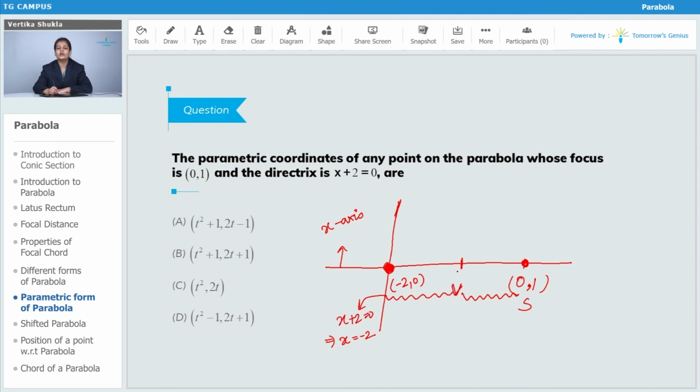How will you find out the coordinates of the midpoint? If I take the coordinates of vertex as h, k, then h will be given by what? h will be equal to minus 2 plus 0 by 2, which will be equal to minus 1. And what will be the coordinates of k? k will be equal to 0 plus 1 by 2, which is equal to half. So what are the coordinates of the vertex? The coordinates of your vertex are given by minus 1, half. If you try to find the parametric coordinates, then you know that the equation of the parabola with your